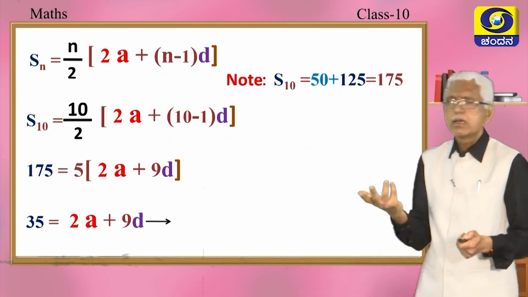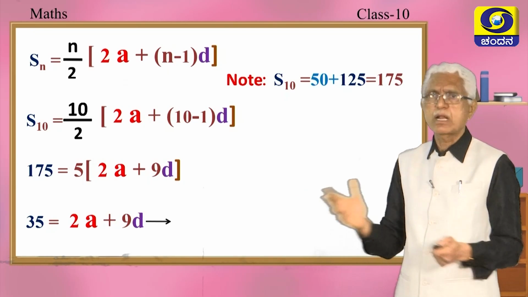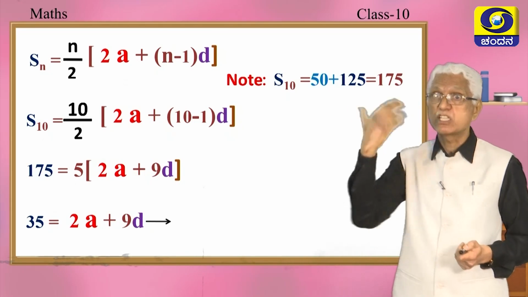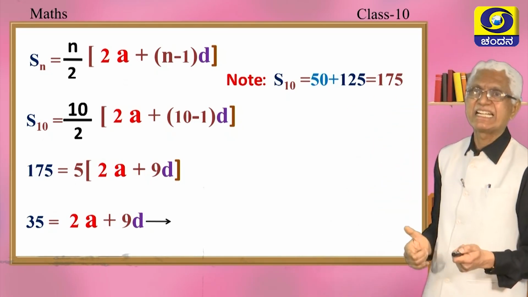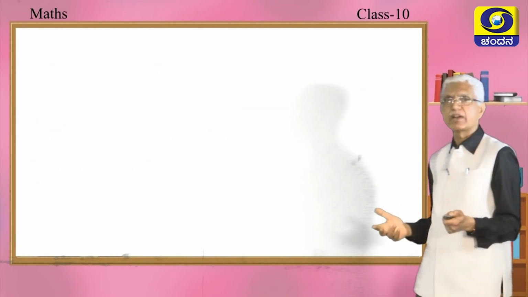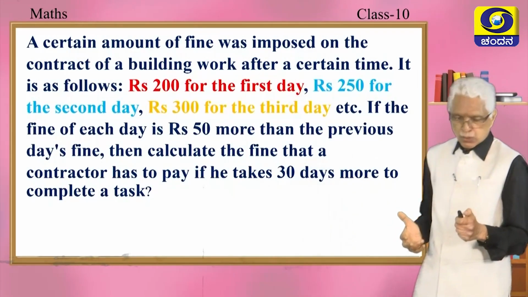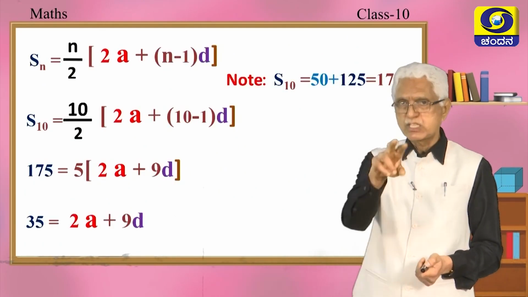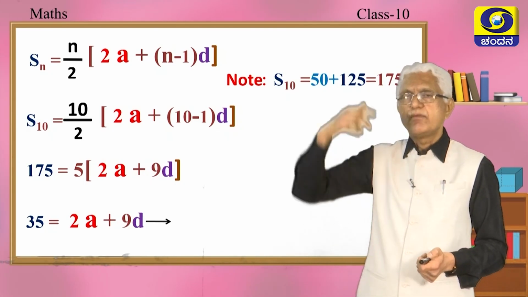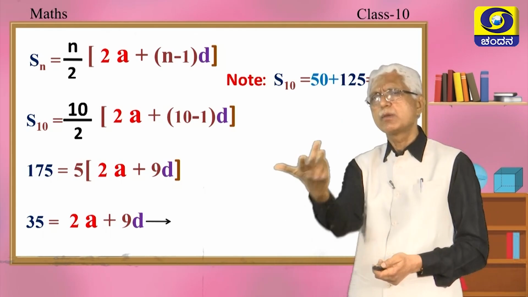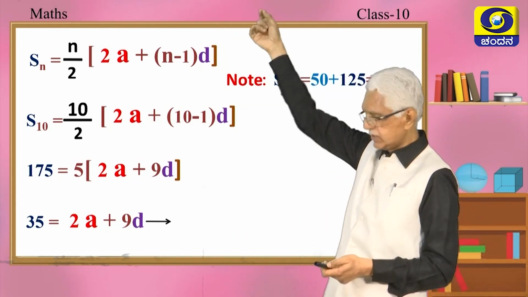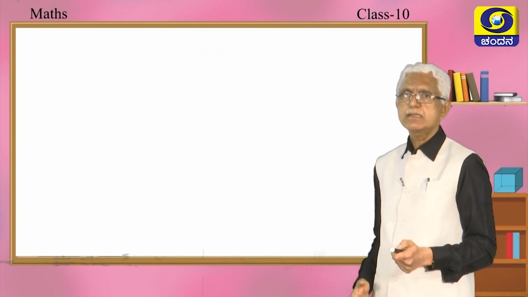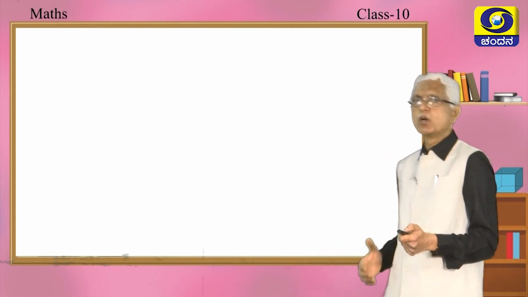As long as you are confident and sure of any method, you can work out in the method that you wanted. But it is my duty to suggest to you to think alternately, another way of working out the same problem, right. So, you got a pair of linear equations, and when you take those 2 equations and solve, you will be able to get A and D, and you can happily write down your AP. Well, my dear children, we will be discussing one more problem, just watch.